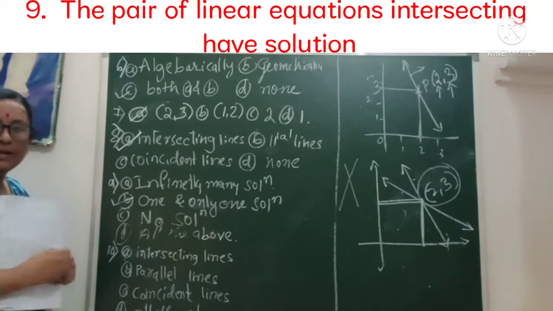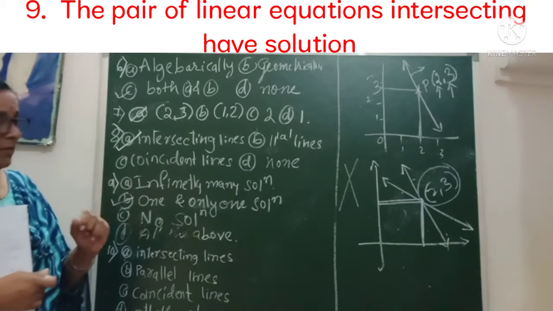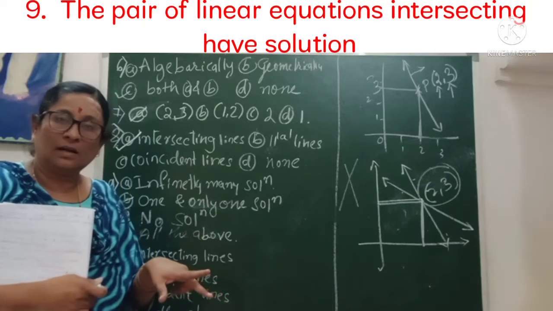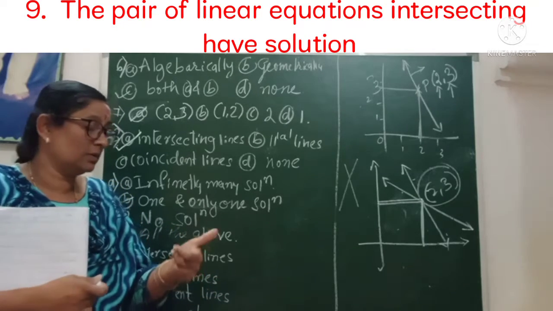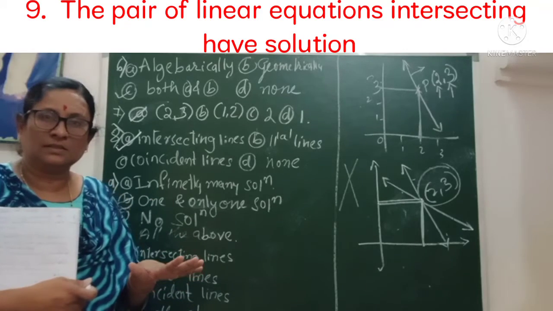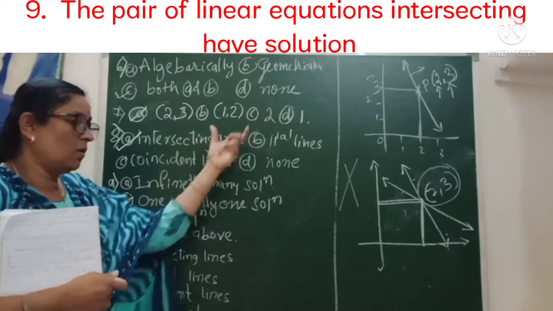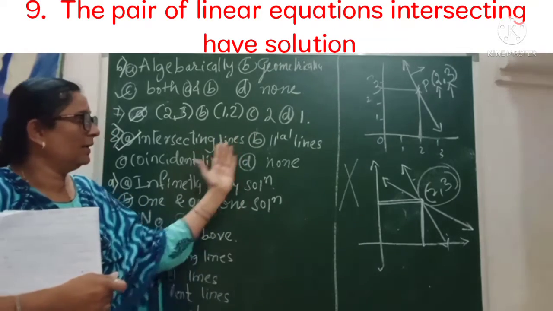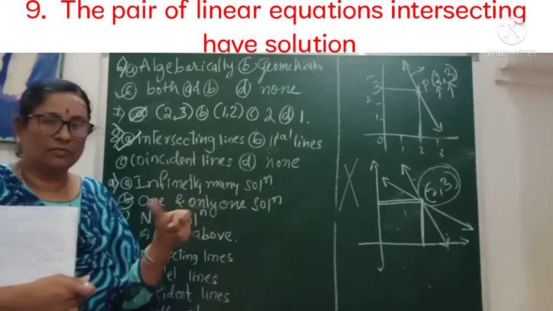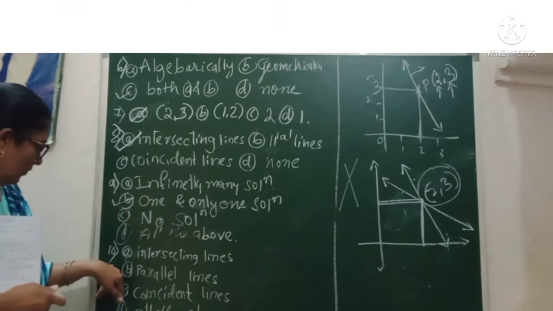See here, at the end of the lesson, you will get confused with the concepts: infinite solutions, parallel lines, intersecting lines, coincident lines, consistent, inconsistent, something like that. When you come to those in the lessons at the end, I'll clear all three concepts by drawing the different types of lines and how to remember them. Just follow this. These are easy questions. Now I'll move to the 10th one.